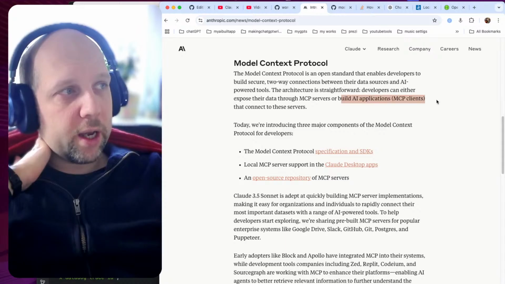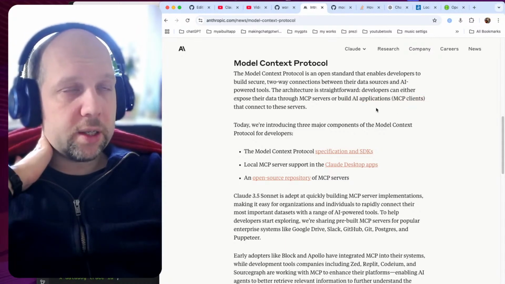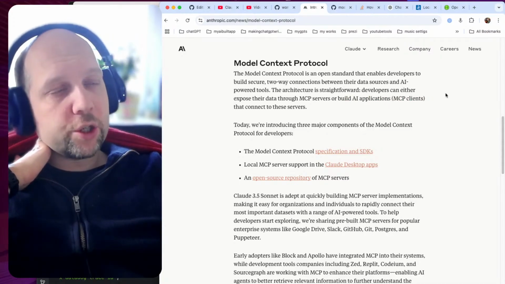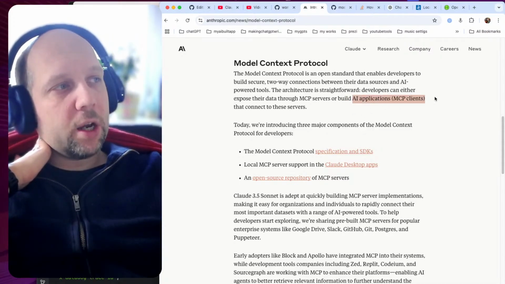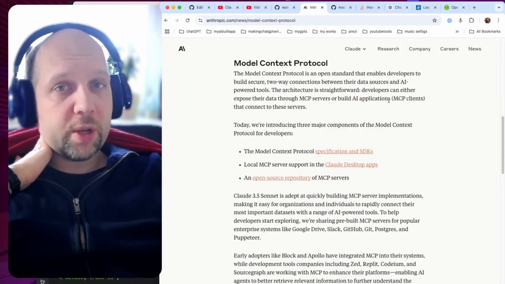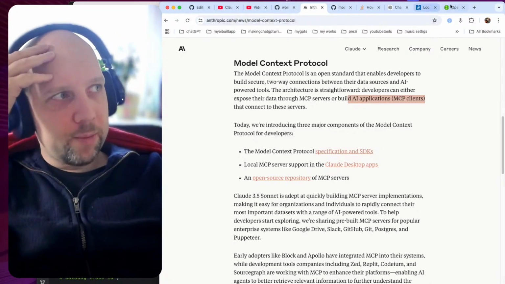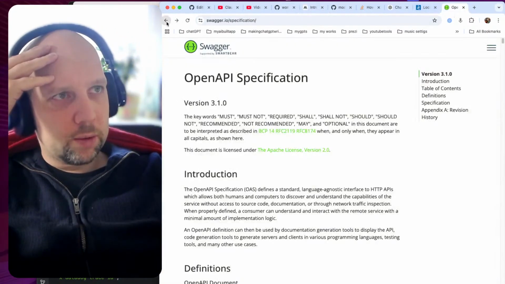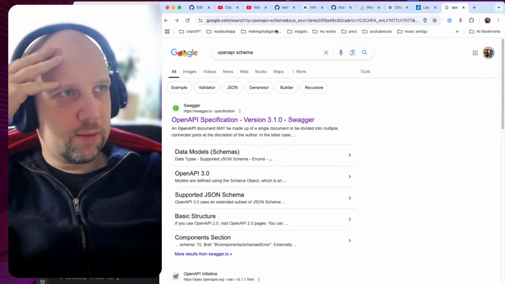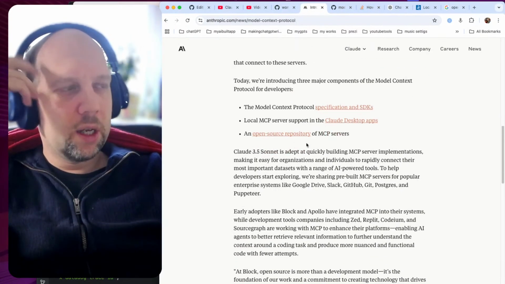And AI applications or assistants are consumers of those APIs. They read the specification and then can make calls to those APIs to get some kind of information from them on behalf of the user. Again, this is the same thing that OpenAI did with actions. It's just that something does feel a little bit different in a sense that